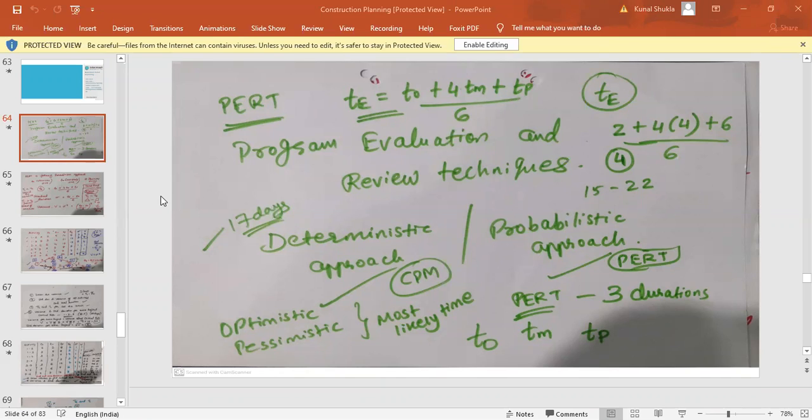Now before moving on to the next method, which is the PERT method, can anyone tell me on which type of projects I can use the CPM method? All of you have learned the CPM method, you have used it in the numericals. So now can anyone give me a practical example where I can use the CPM method?